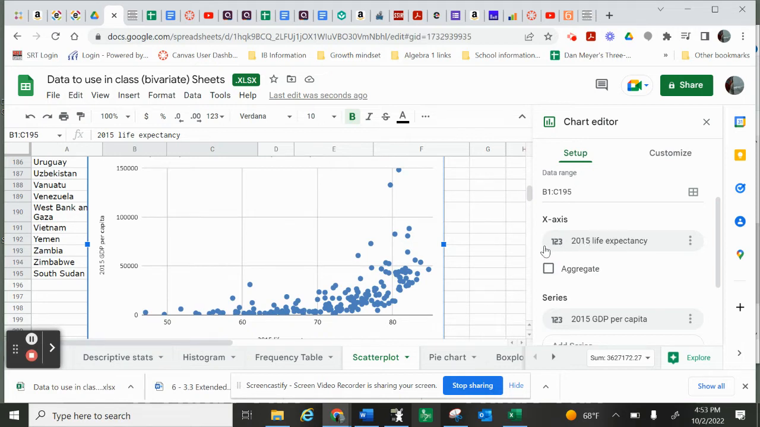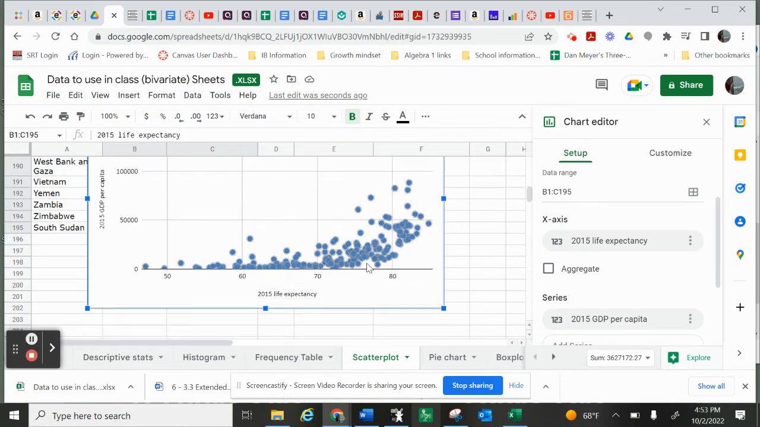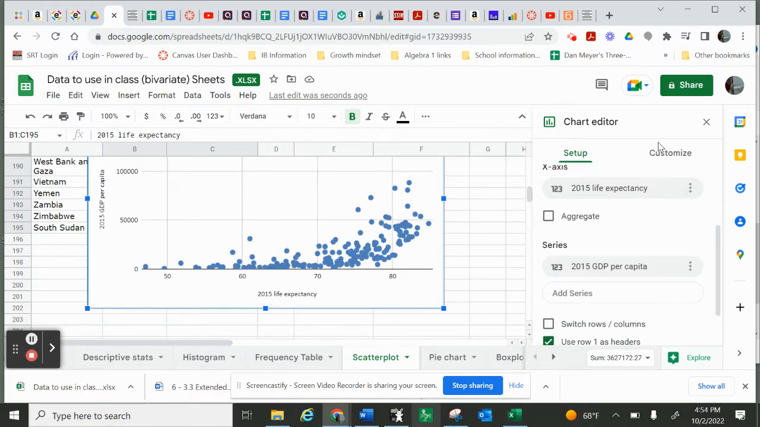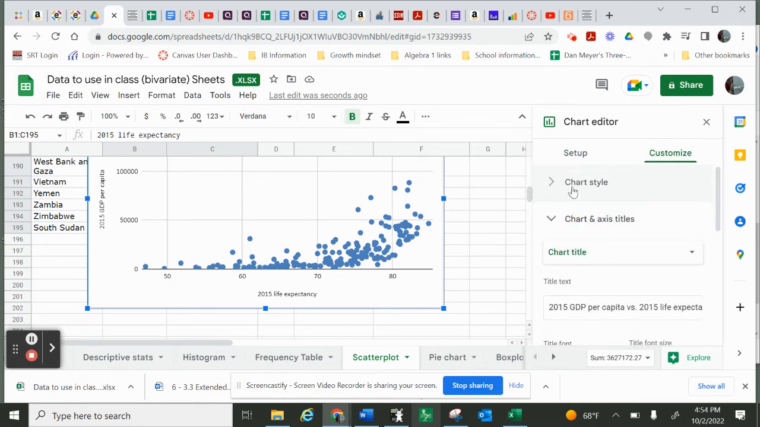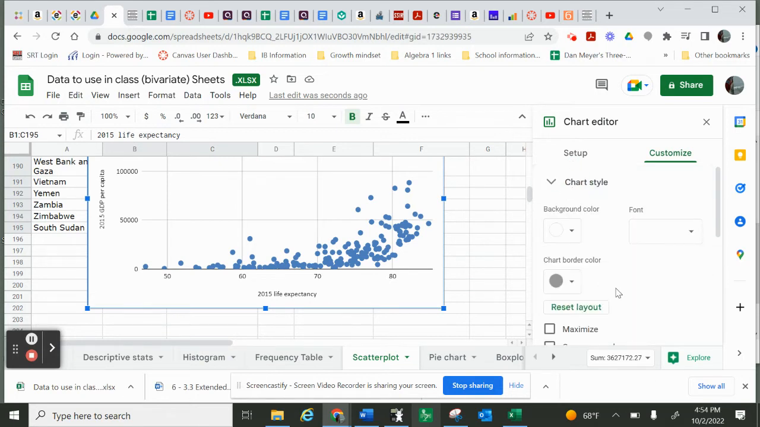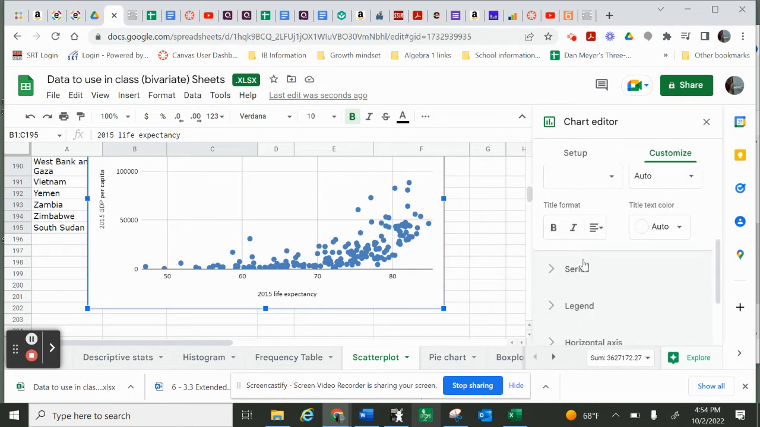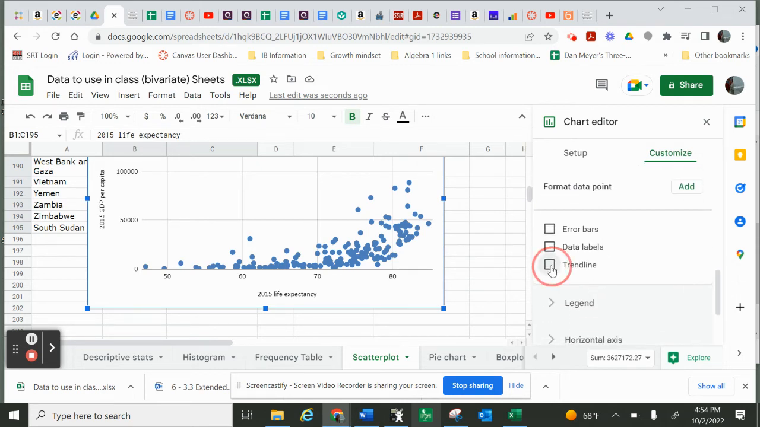As you can see, as life expectancy goes up, GDP increases. So generally, the GDP predicts life expectancy, and you can customize your chart to have other things on it. This allows you to edit your title. You need to have titles on there, and there's some things you can put in, like a trend line